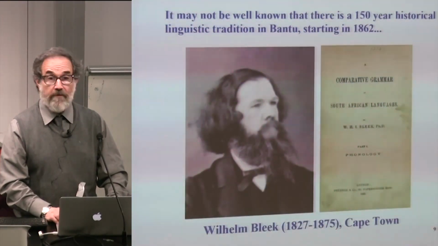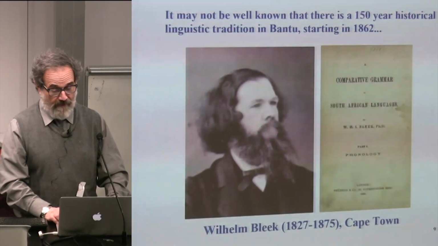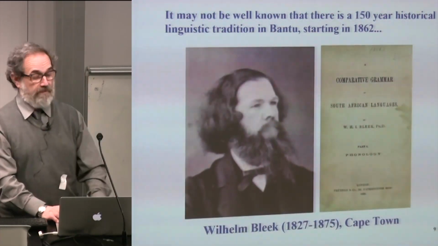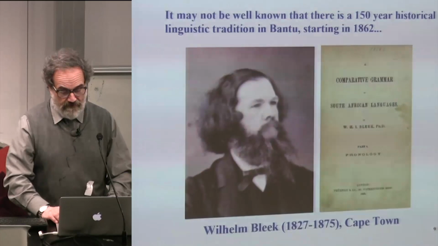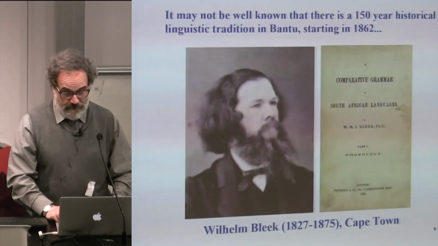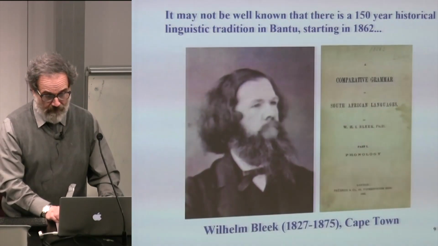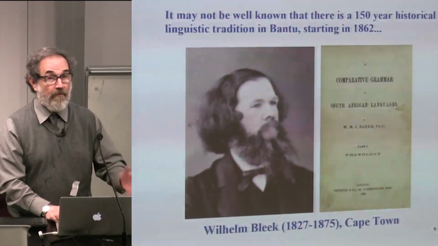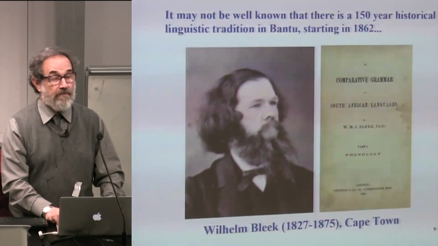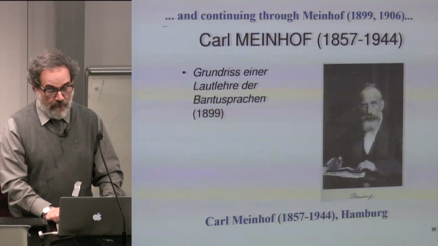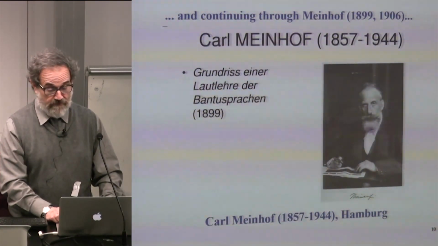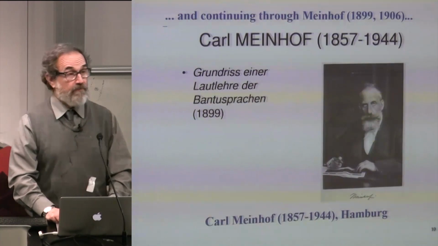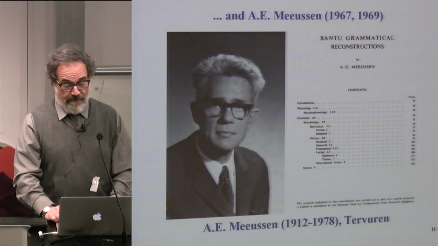It may not be well known. Maybe we know about Malcolm Guthrie, but it may not be well known that there is a 150-year historical linguistic tradition in Bantu languages, starting in 1862 with Wilhelm Bleek, who was a German working in Cape Town, who wrote a book called Comparative Grammar of the South African Languages. He called it that, but in fact he refers to Bantu languages from all around, even as far away as Cameroon. And this continues through the work of Carl Meinhof in Hamburg, who had a lot of students, wrote a number of books, and furthered our understanding of historical and comparative Bantu. And your favorite of mine, A.E. Meeussen in Tervuren,